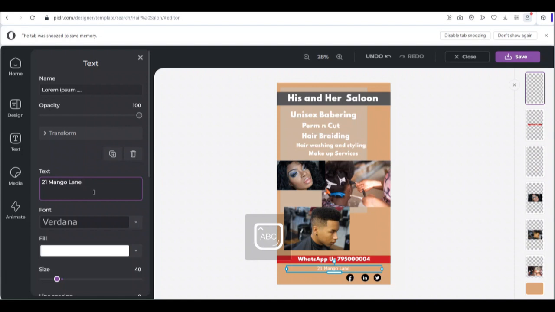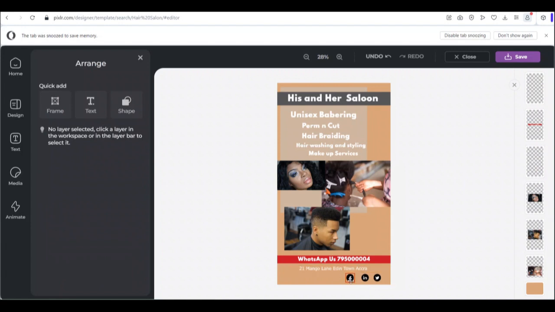Eden Town. This is just an example. Accra, Ghana. Right, so you have your address there. You can even, since you are targeting a local, you can even remove the Ghana from there, since you are targeting the local market. Right, now you can realize that it is so close to this one,